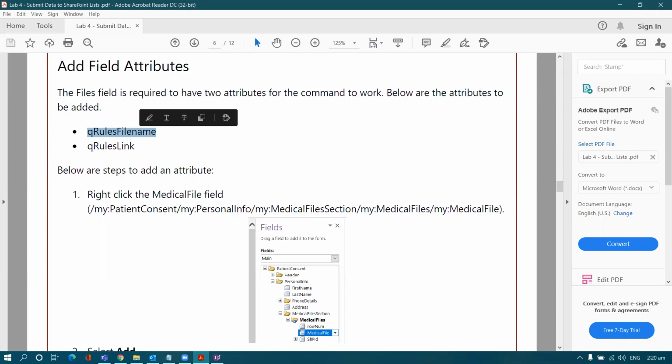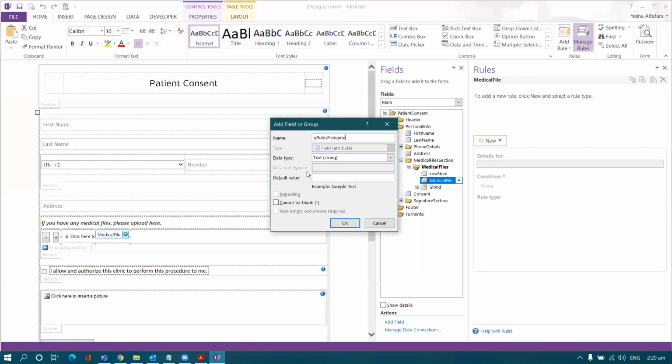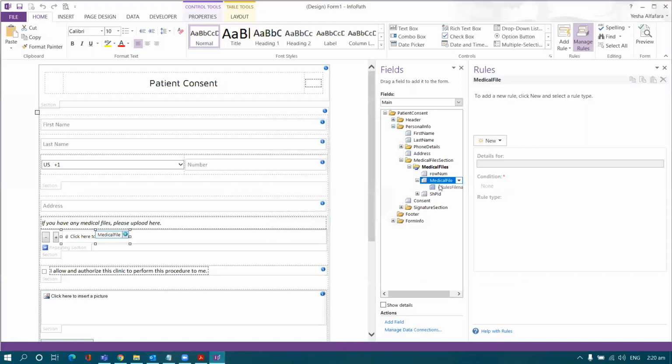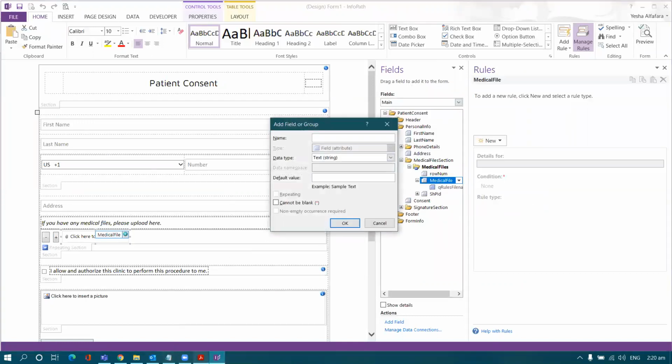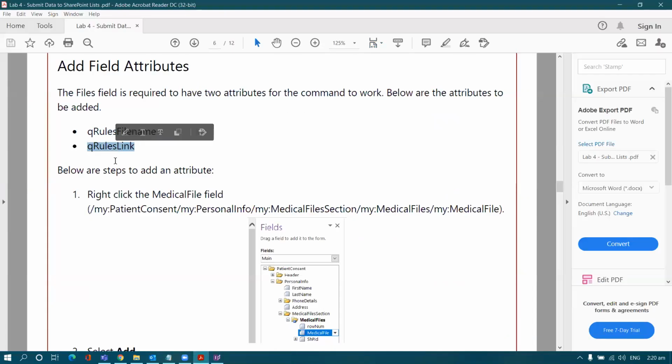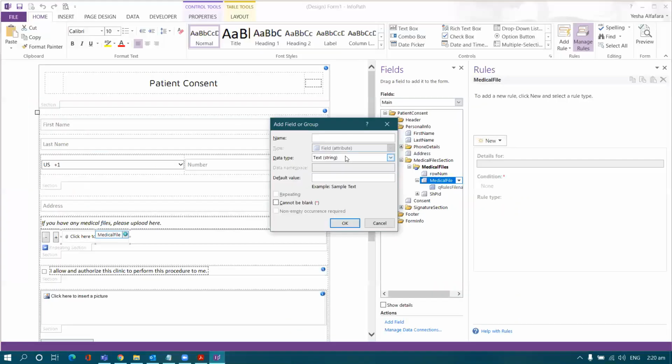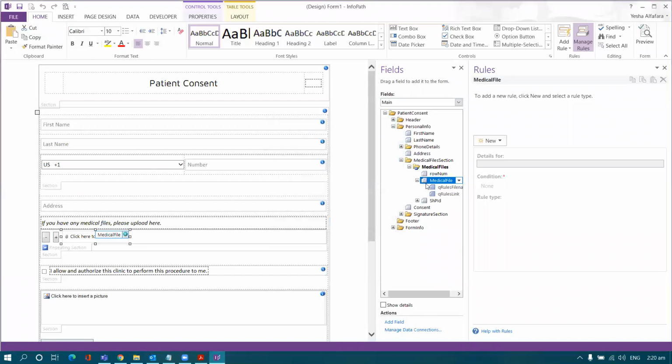So let's copy paste this and add this to our medical file attachment. And then since we need 2 attributes, let's go ahead and copy this once more and click OK. So now that we've added that,